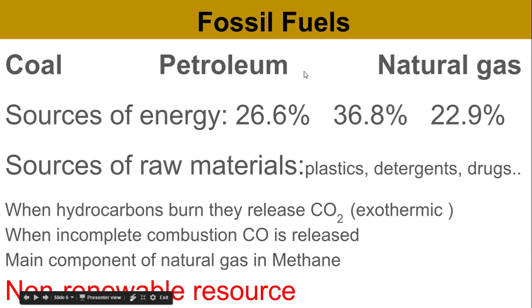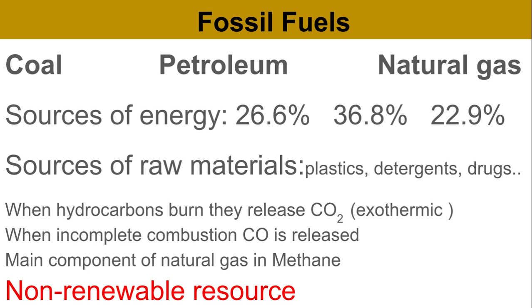And before I go on, I want to talk a little bit about why we use the fossil fuels as a source of energy. When the hydrocarbons burn, they release carbon dioxide and water and a lot of energy. The reaction is exothermic. Whatever the hydrocarbon is, when they react with oxygen, when they burn, they release carbon dioxide and water, and the process is exothermic. Even in respiration, glucose, when it reacts with oxygen, releases carbon dioxide and water and a lot of energy